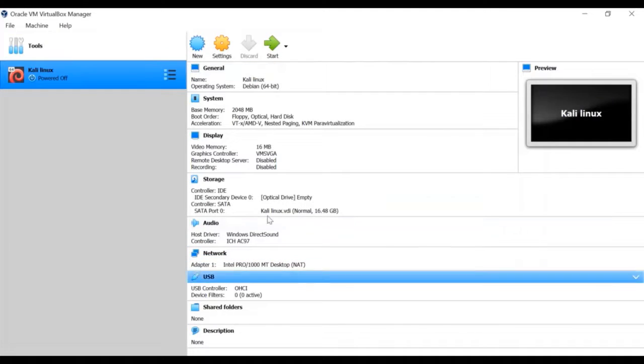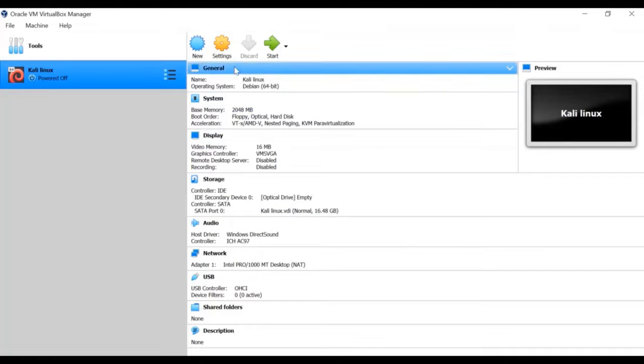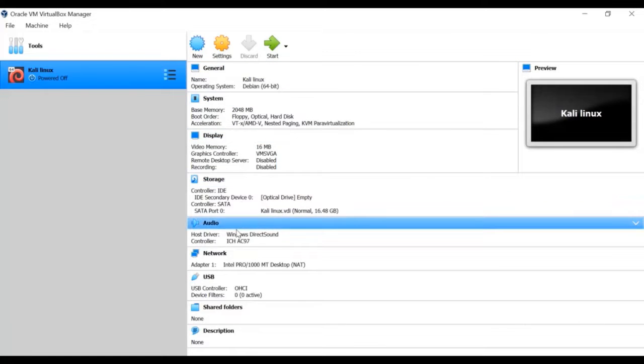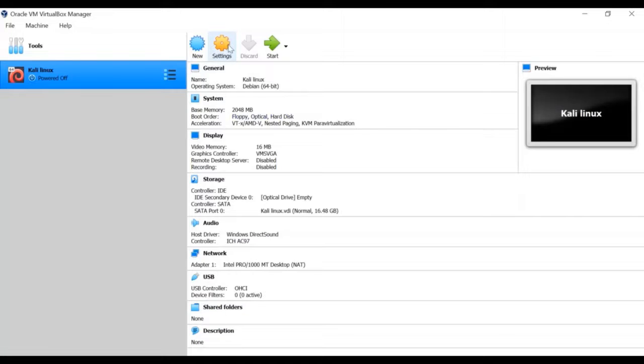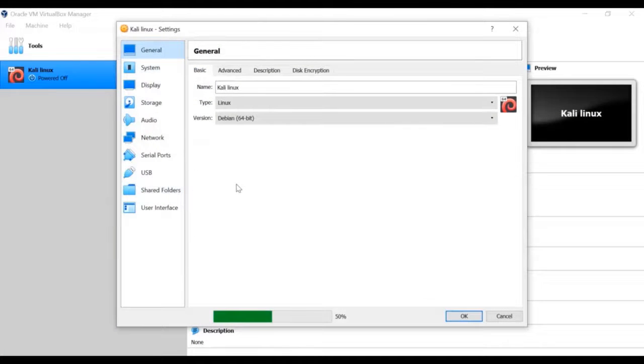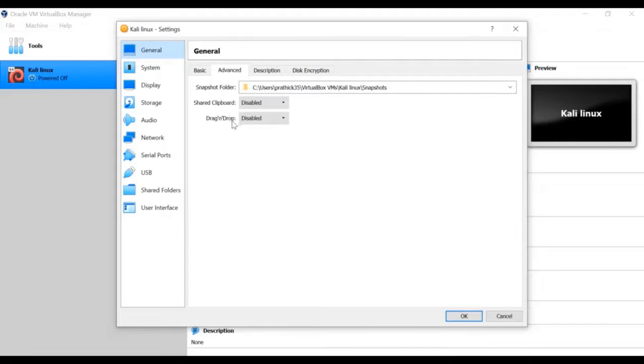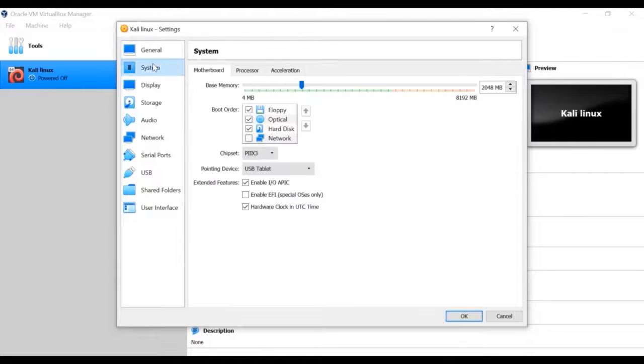You can see several descriptions have been given here, like general, system, display, storage, audio, etc. You can see this in the settings option also. I'll click settings. You can see the same options here with several other options also. In the advanced tab, I'll click bidirectional, because you can move any folder from the host to the guest or guest to the host. So I'll do that, and in the system tab, I will deselect the floppy option, and I'll enable